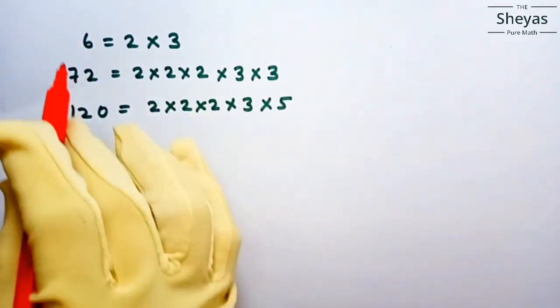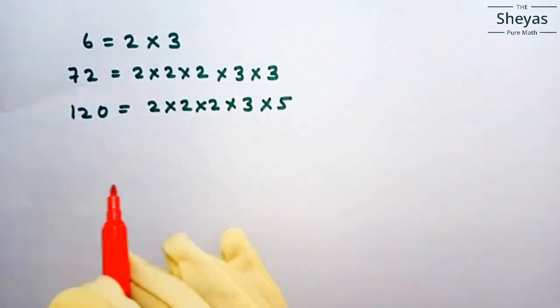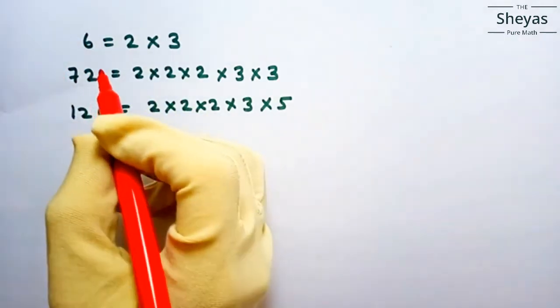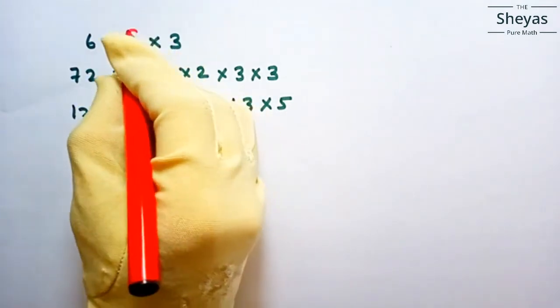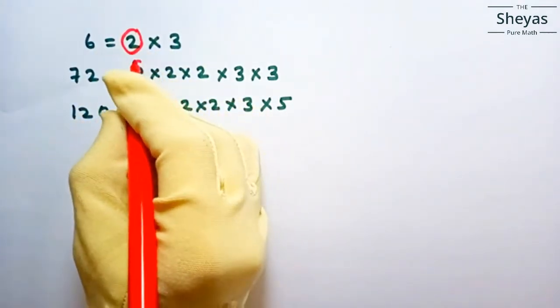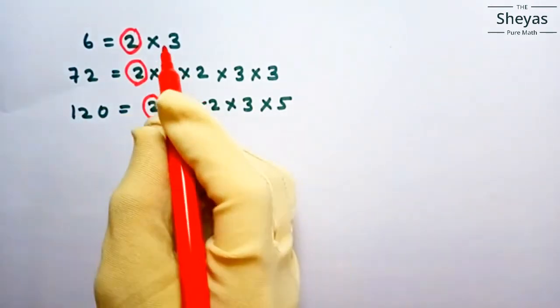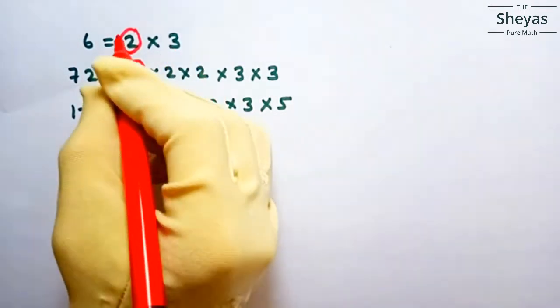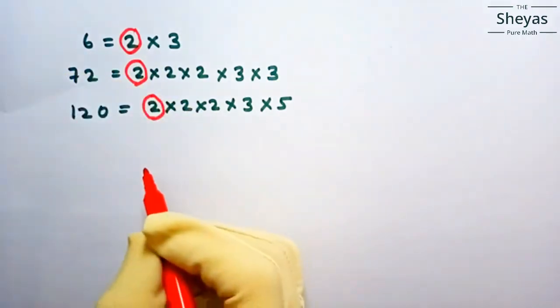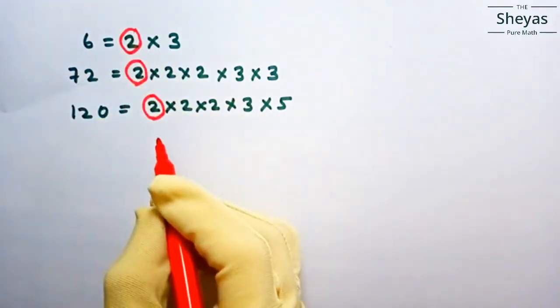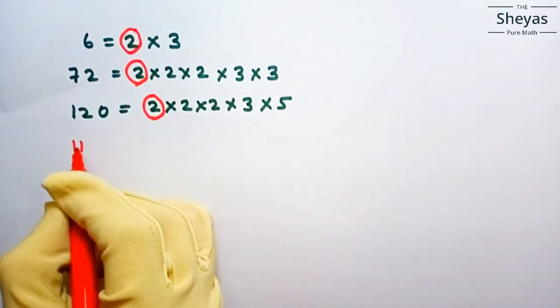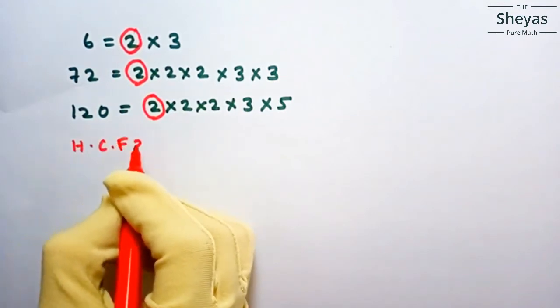Now from these three you are going to select the common factor. Here you have 2 and here also you have 2. Here also you have 2. And just see here you have 3. You are going to select the common factors in these 3. So first you have selected 2 and now you write down that HCF is equal to